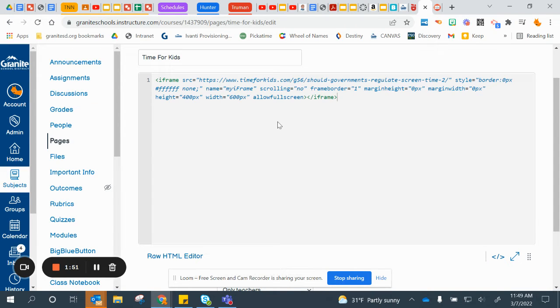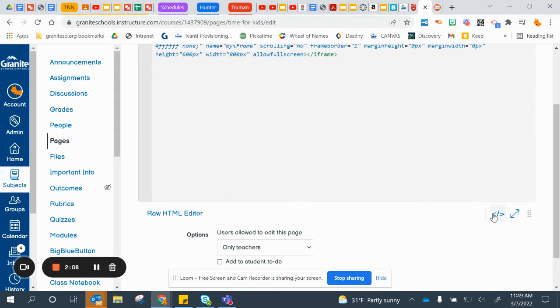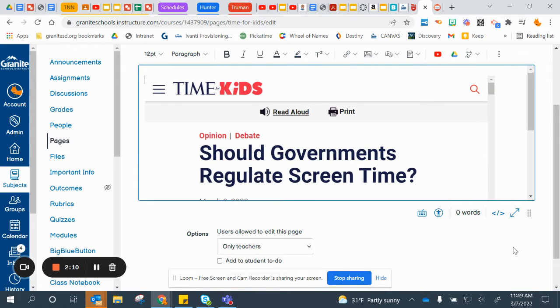Now, because this is an article, I usually like them wider than what it shows here. So I'm going to make this one a little wider and a little bit longer. The height and width, I can see those easily in the embed code. You may like them exactly how they are. You may want to change that. We click to